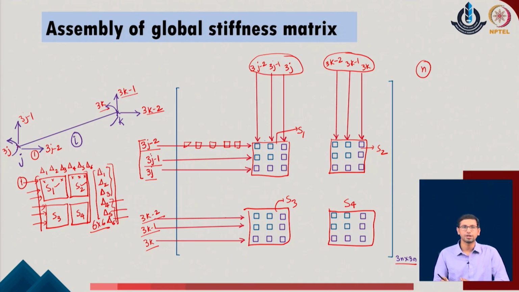We will keep on repeating this for each of the members in a loop, and we will do it in such a manner that wherever we get an overlap, say if at this point again a new value is going to occur, the previous value will be added on top of it. This way we will not be losing out the contributions of the remaining members. Okay. So, once we are able to do this kind of assembly in the given problem, we get the overall stiffness matrix of the given system.